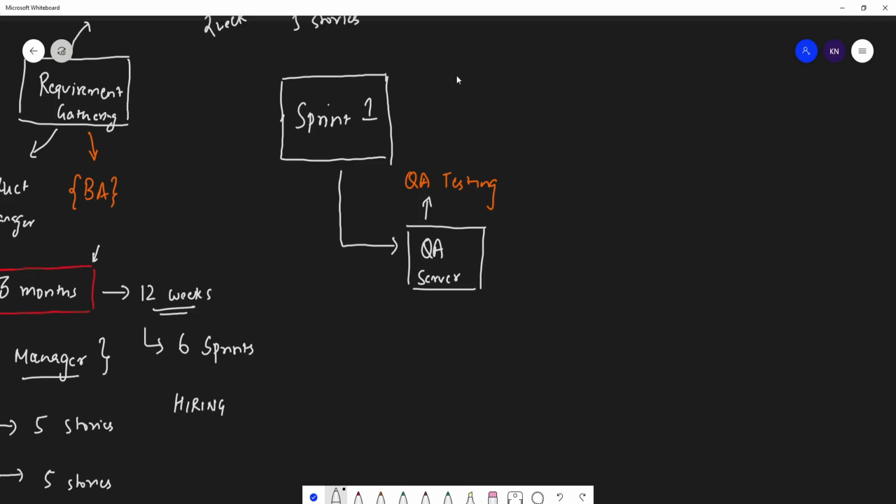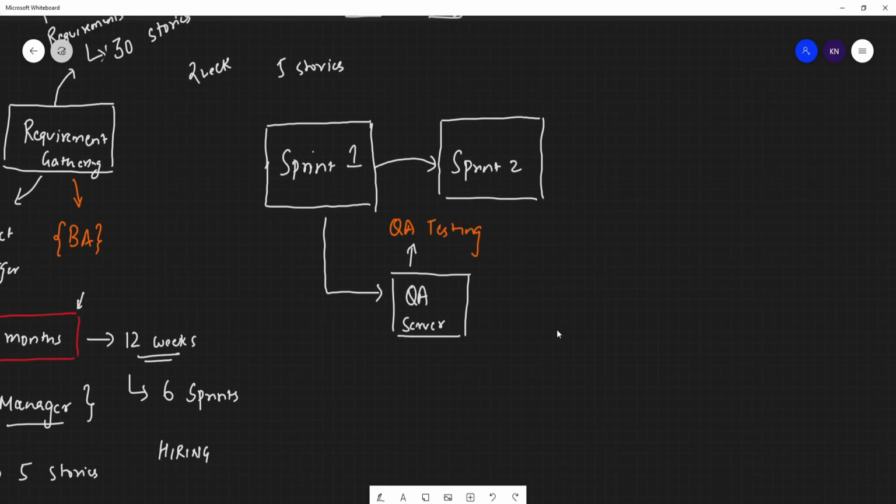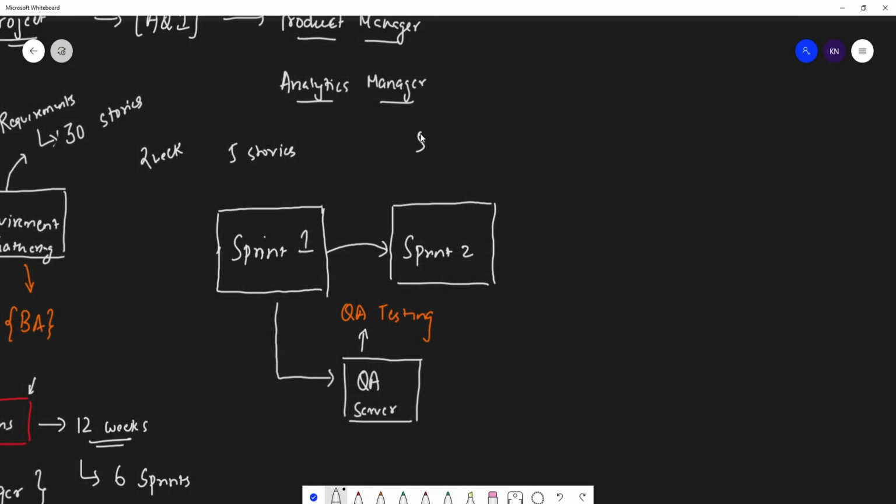Sprint 2 will now start. Now we have moved from sprint 1 to sprint 2. In sprint 2, the developer will obviously have 5 new stories, but along with that, if the QA team raises any bugs related to sprint 1, those developers will also need to fix the bugs in sprint 2.